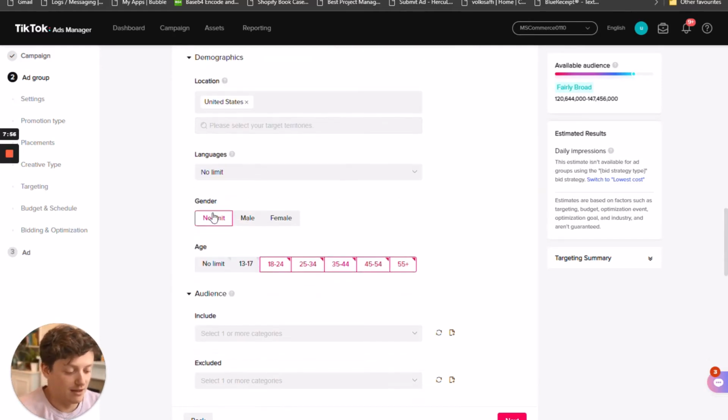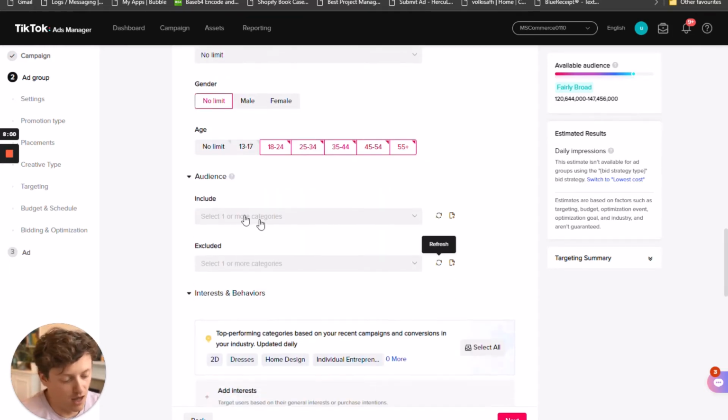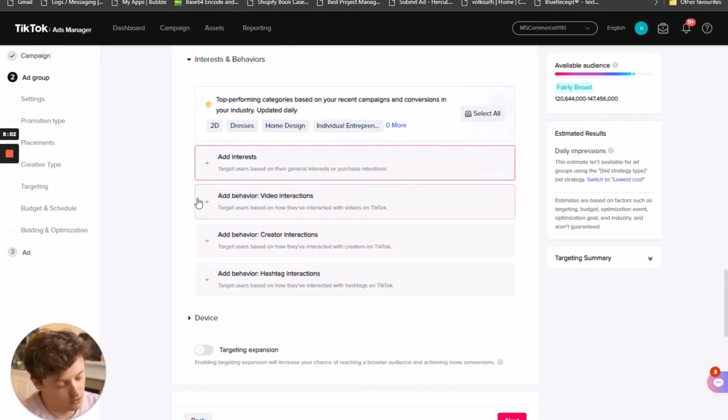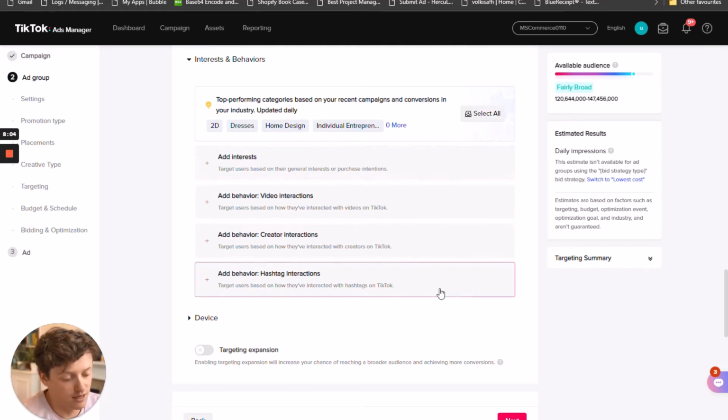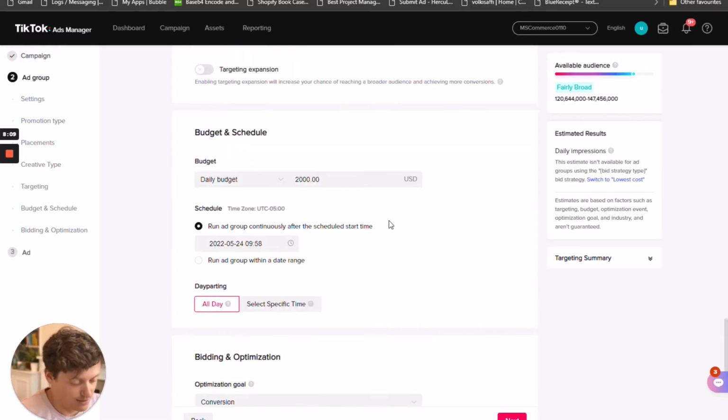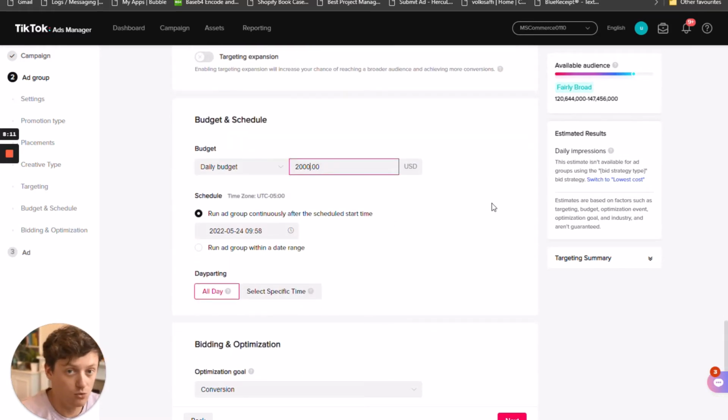And then you want to go ahead and do no gender. We're going to do limit from 18 to 55 plus. Everything else is going to be open, so no targeting at all. You see all these 4 options, there's not a single thing selected in here, so please don't add anything in here, it's very important. Then you want to come down and you want to select your daily budget as $2,000